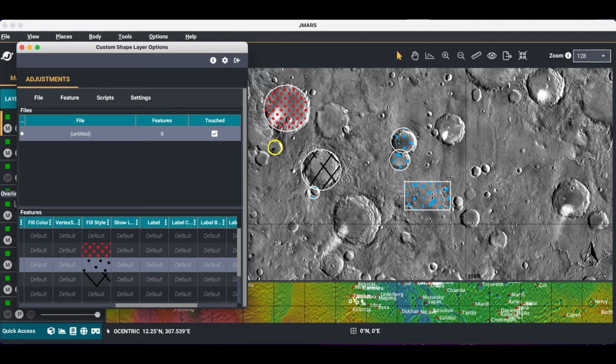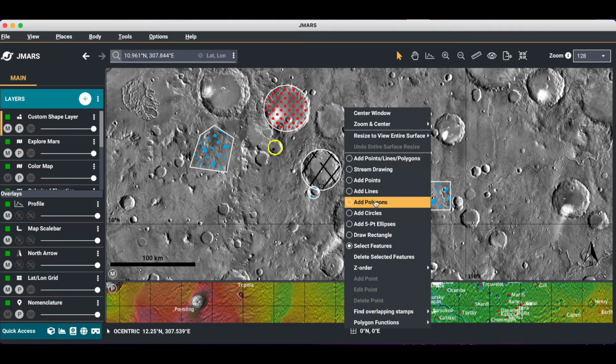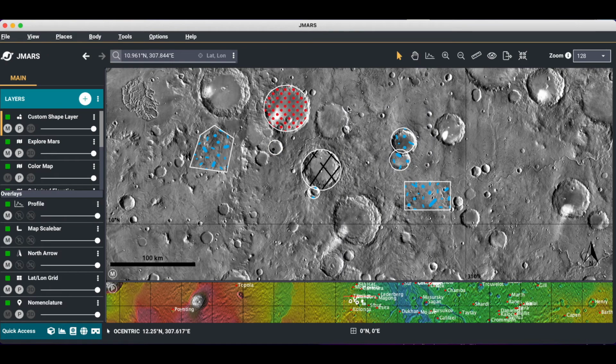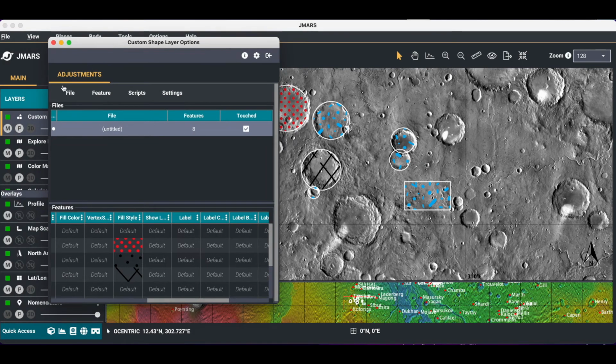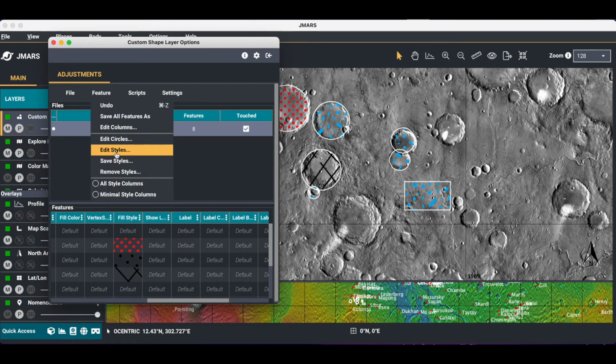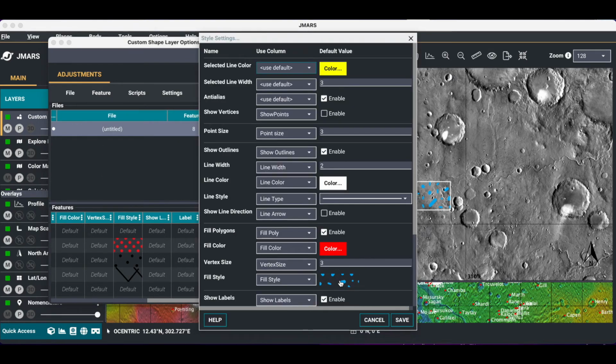So let's right click our screen and say Add another circle. And we'll fill this crater. And now everything I'm drawing has the symbol that we just chose. So now let's go into the shape layer again. And let's say you made a mistake and you don't actually really want to fill all those shapes with the same symbol. You can go back to Edit Styles and say